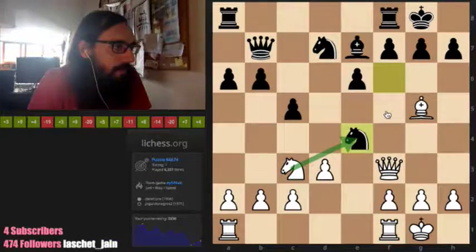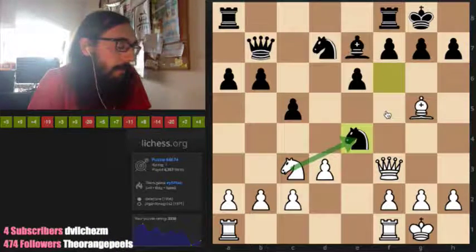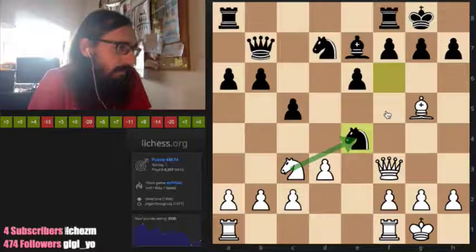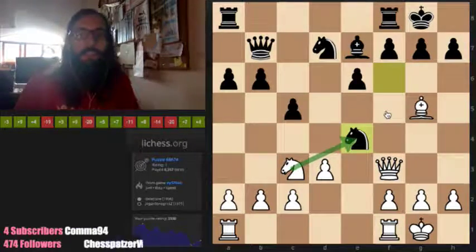Yeah, I don't see anything for black. After knight takes e4, let's say the queen moves, or it gets defended, like some rook to b8. Let's say the rook on f8. No,